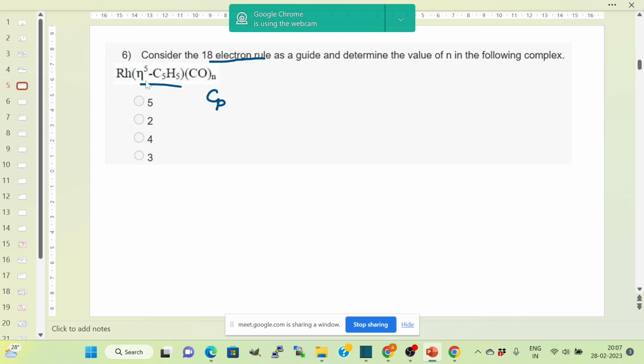Whenever we consider organometallics, organometallics is when a metal has a direct bond with carbon. Here this C5H5 has a direct metal-carbon bond with rhodium, and carbon monoxide also has a direct metal-carbon bond with rhodium. In these cases we should not consider the oxidation state. We will consider the metal in its zero state. Rhodium actually comes in the cobalt group,